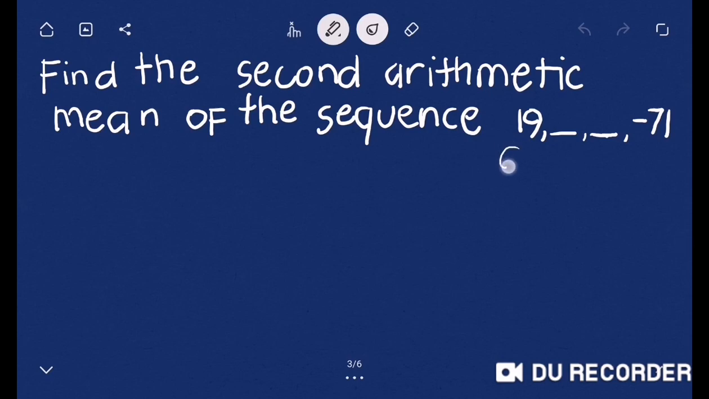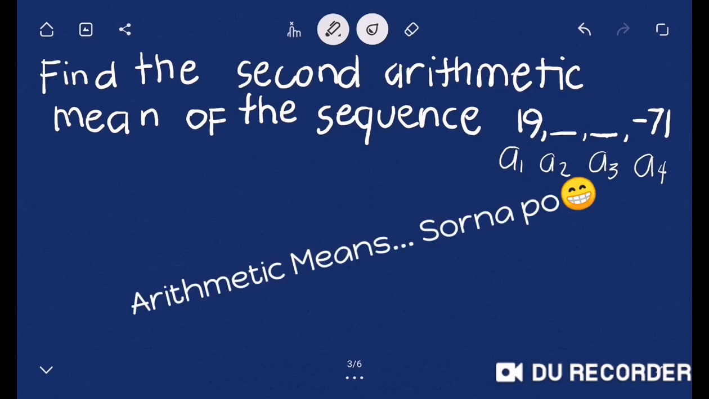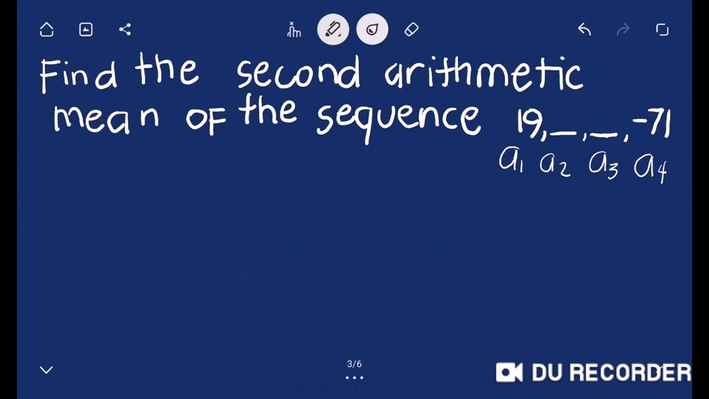So let us represent 19 as our first term. Ito ang ating second term. Ito ang third term. At ang negative 71 ang ating fourth term. So nawawala yung second at third term o yung tinatawag nating first at second arithmetic mean ng arithmetic sequence. So from the problem, we are asked to find the second arithmetic mean. So ang hanapin natin, ano yung value ng